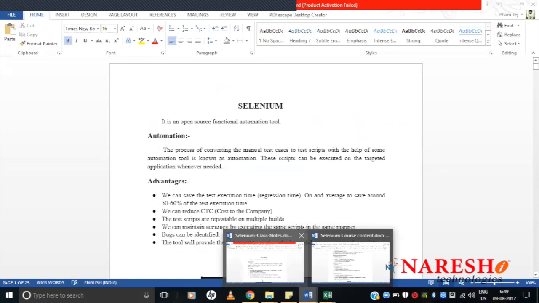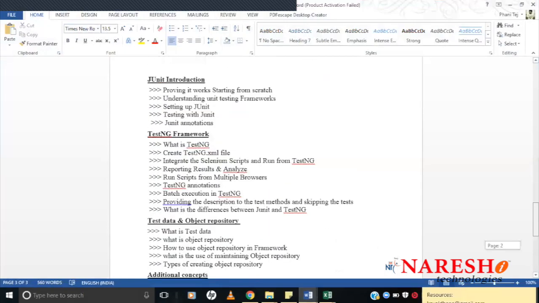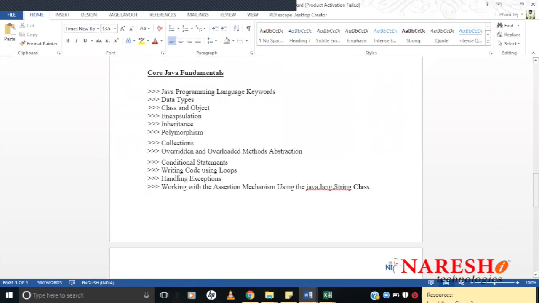As I said, if you want to work with Selenium, we need Java. Whenever I say we need Java, there is a fear in a lot of people from a non-programming background, like people from manual testing, who don't require any programming knowledge and now want to move to automation. So what are the essentials that they have to learn as part of core Java? That we will be discussing.